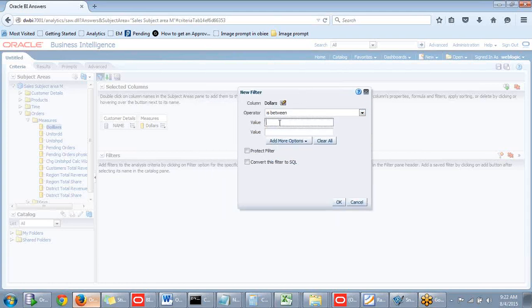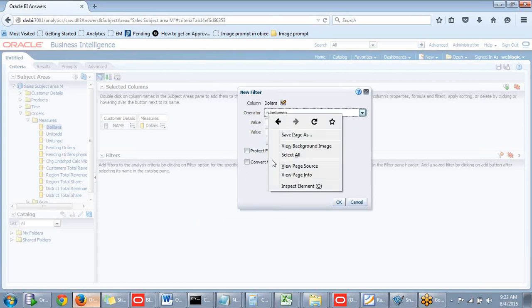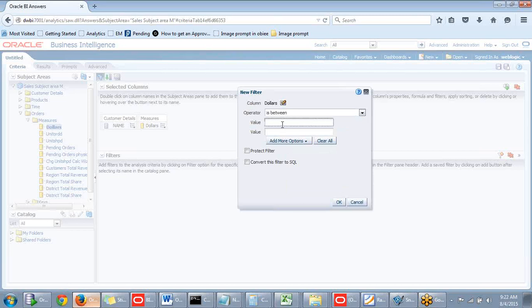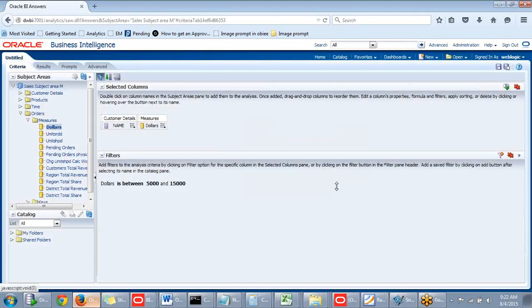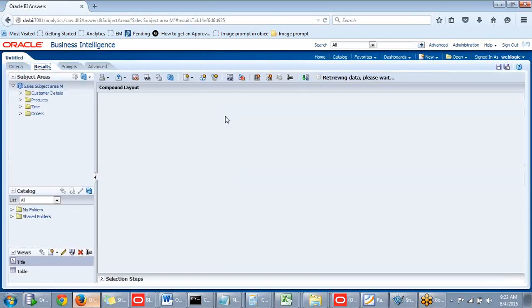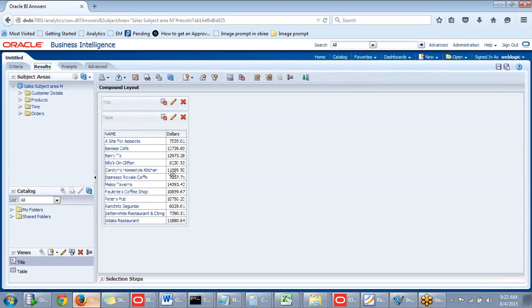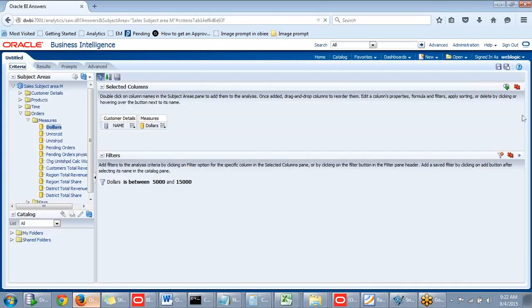I'm going to apply a between filter over here, and I'm providing values like 5,000 and the other value is 15,000. Click on OK. Now we have these few results. Okay. How to use these set operations is,